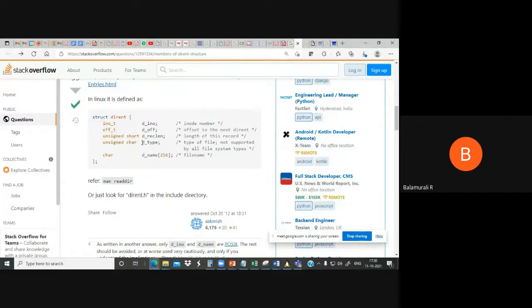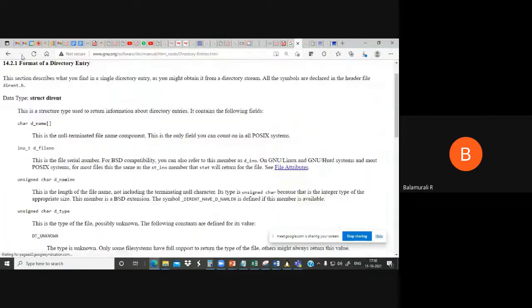We are using only d_name. So this structure we are using only to get the directory name or the file name, right? So it holds the directory name and the file name. The other explanations are available here. So d_name is a null-terminated file name component. It's not only a file name, it can also be a directory name.